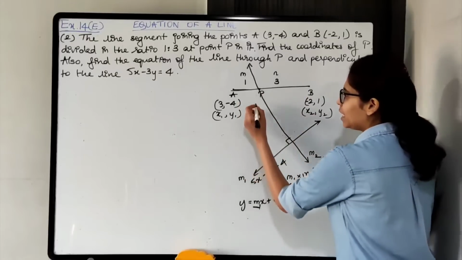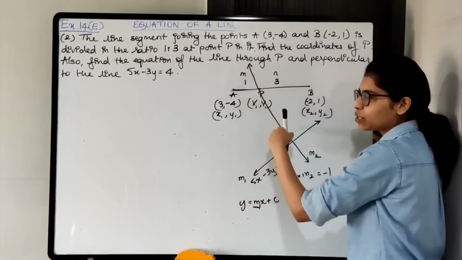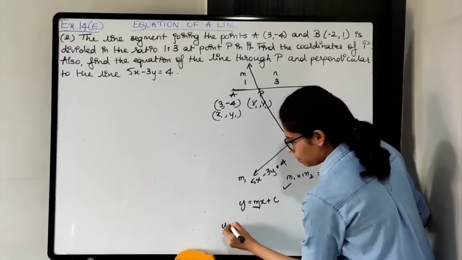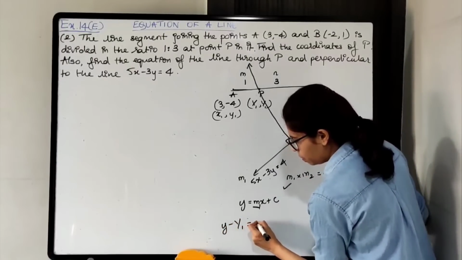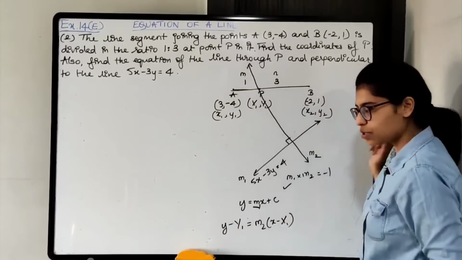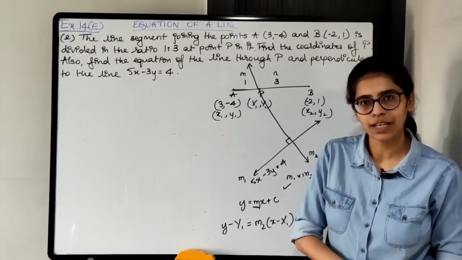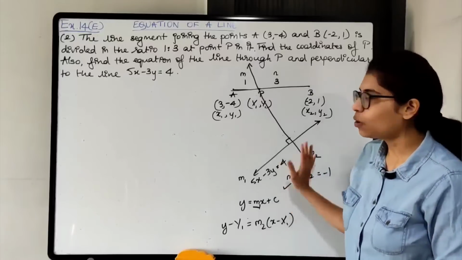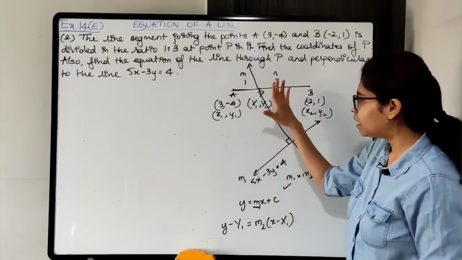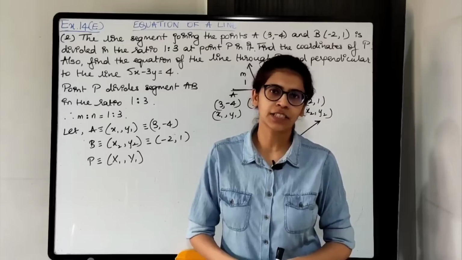Okay, so take this as x1 y1. So we have slope, we have coordinates, we'll use point slope form. Y minus y1 is equal to m2 into x minus x1. Put the values, slope का value डालो, coordinates का values डालो. On solving further, you will get the equation of the line. Okay. So now we'll start solving. First we'll find coordinates of P and then we'll come to the remaining part of the question. Draw the figure first and then start with the solution.